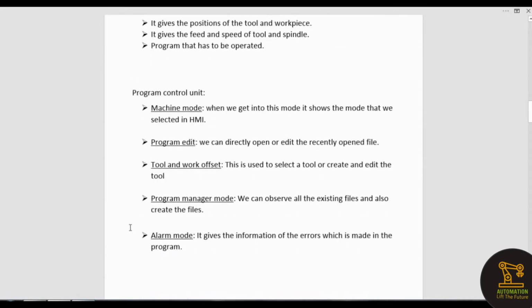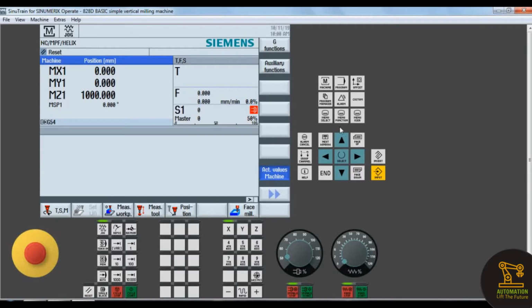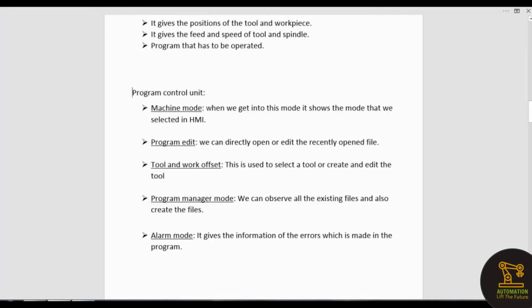Now let us learn about program control unit. It is located on the right side of the human machine interface. Let us learn something about the modes of the program control unit. Machine mode.